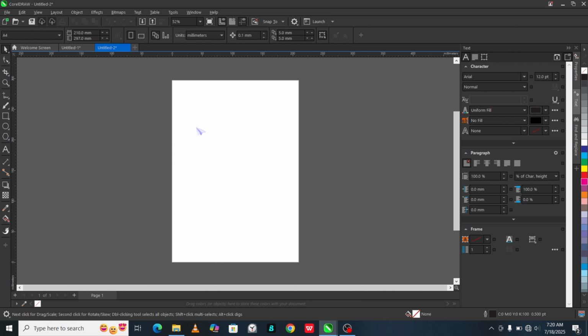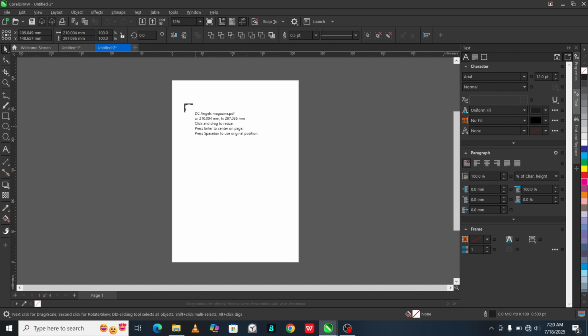You wait for it to load. As soon as it loads, please do not forget, this is where most people get it wrong. Do not click and drag. Instead, you want to press enter on your keyboard. You press enter,